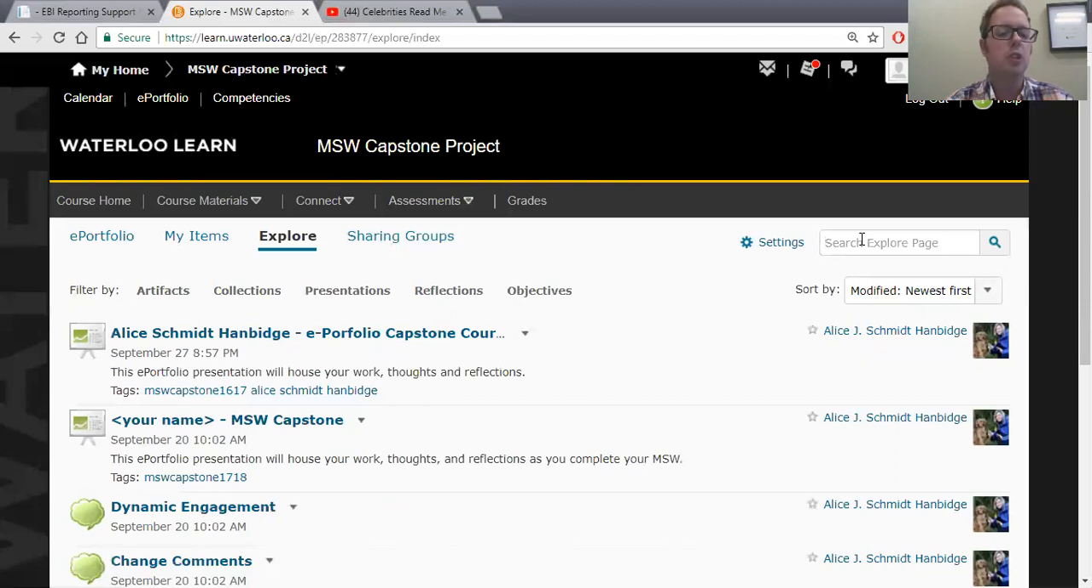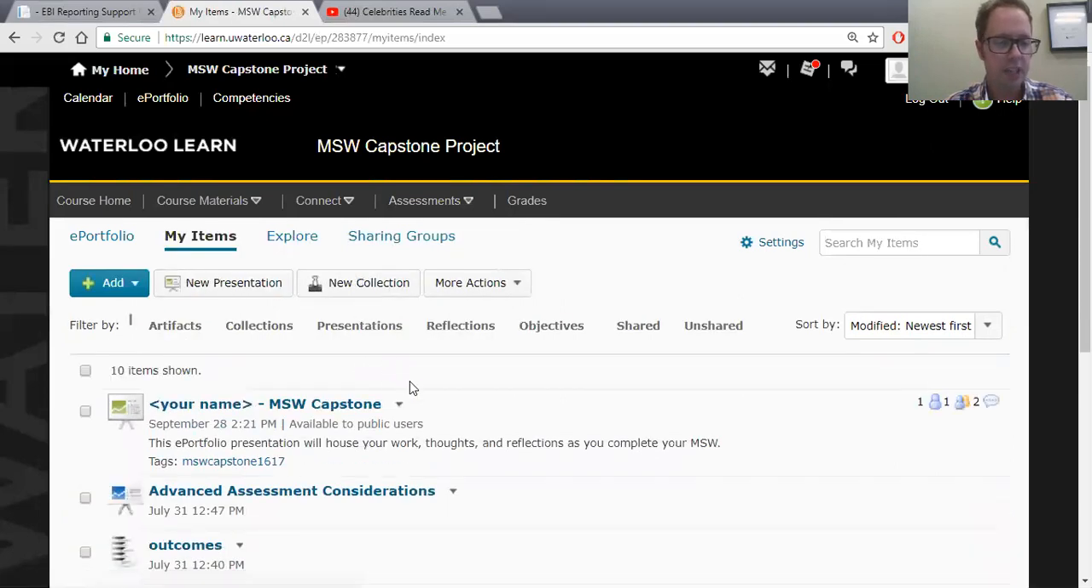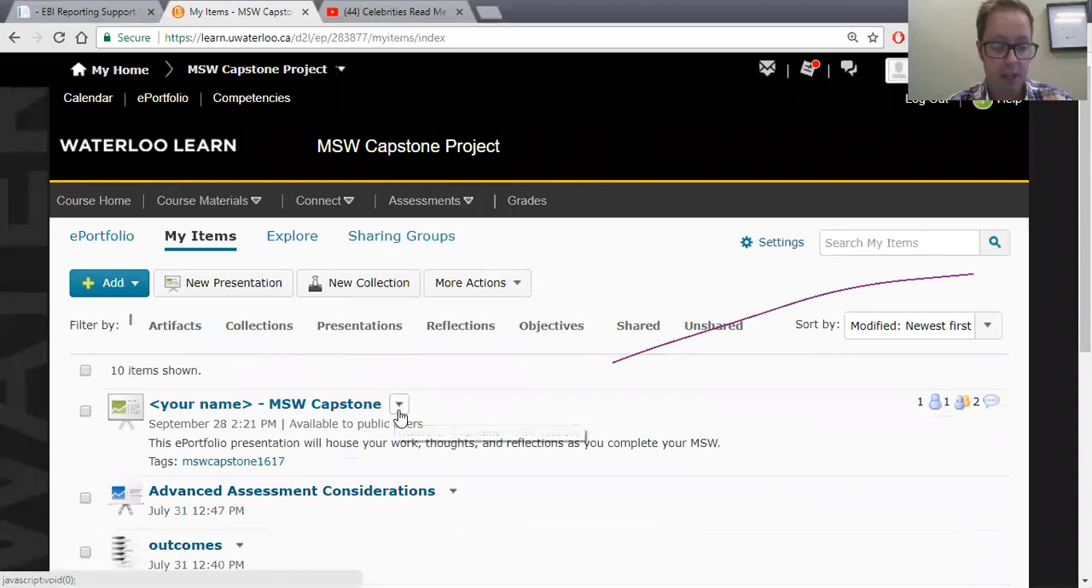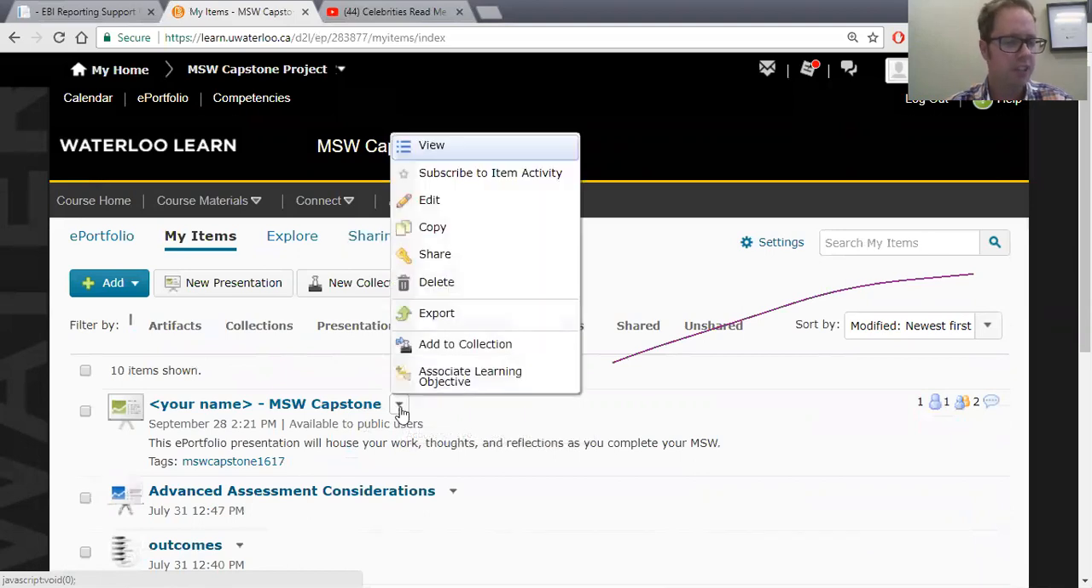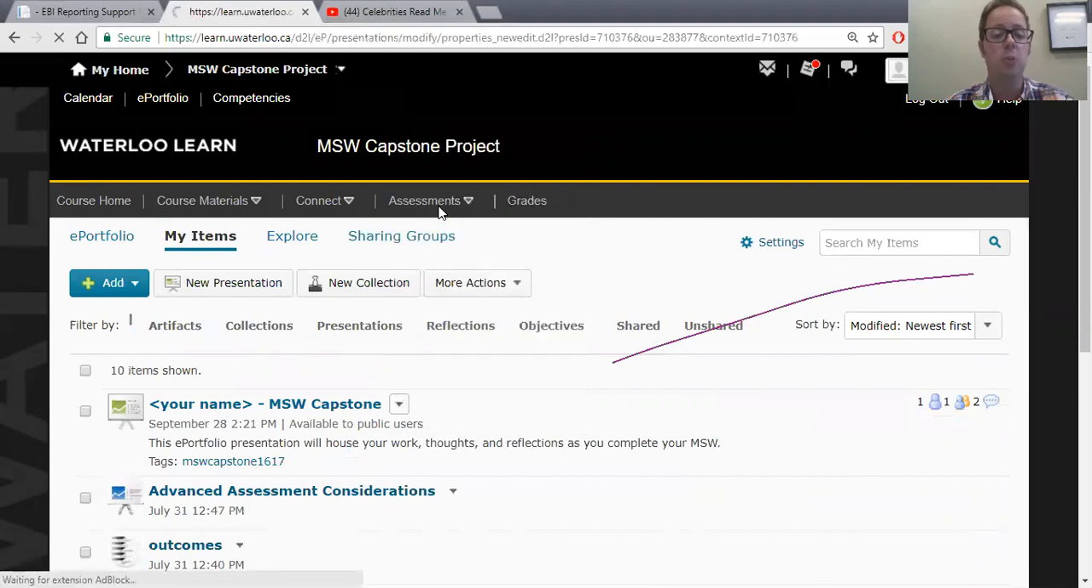But a lot of the work that you'll be doing does reside in this My Items page. If I go back to there, you're going to be working primarily by going into the ePortfolio here and doing a lot of work there. So, for example, to access stuff in the ePortfolio space, you're always going to be clicking this little drop-down arrow beside the presentation, and from there, clicking on the Edit button, and that will boot you into the editing space